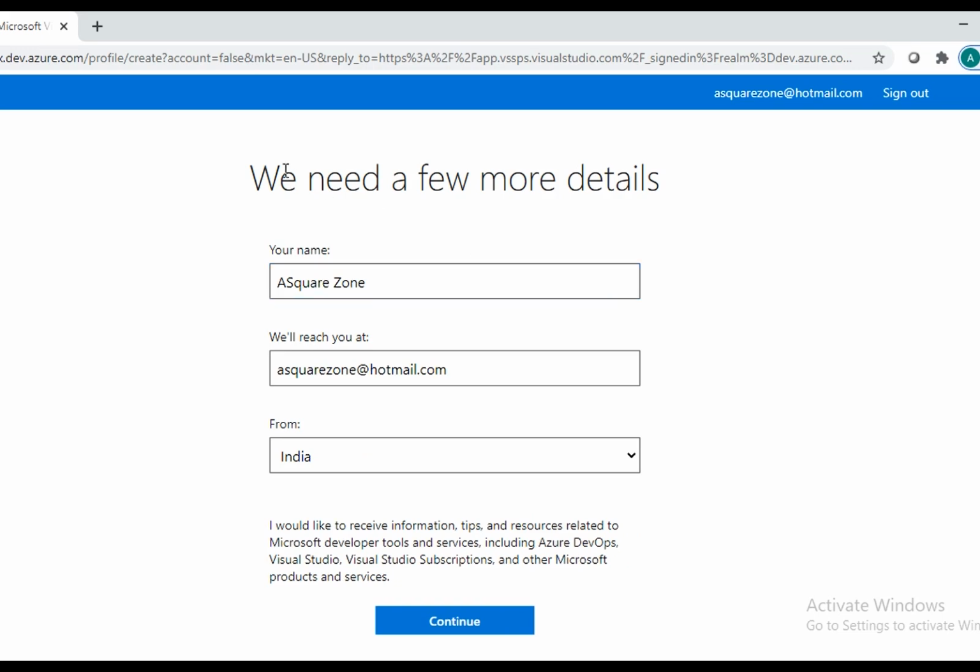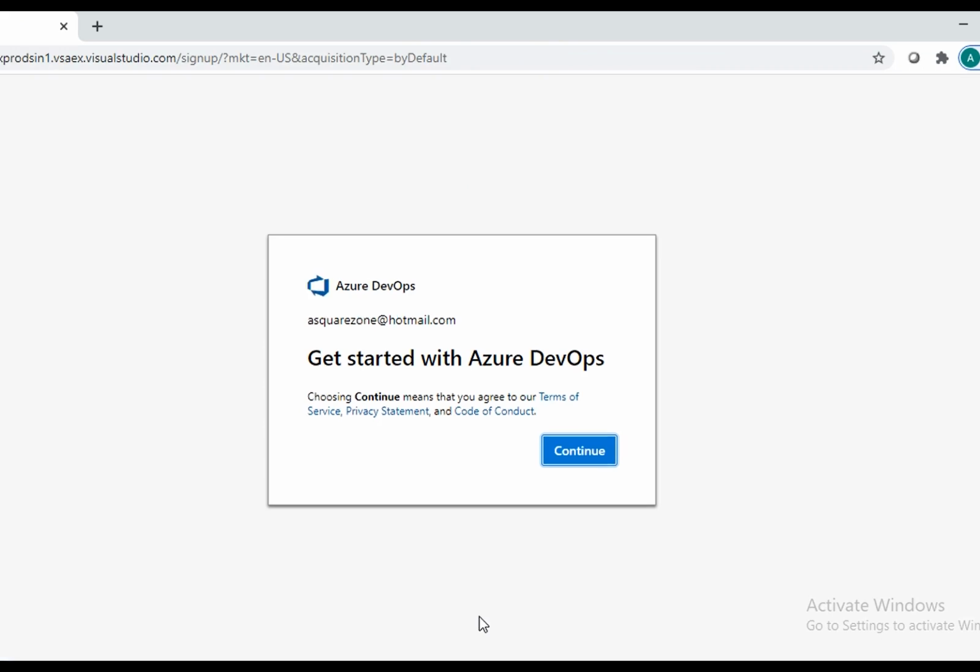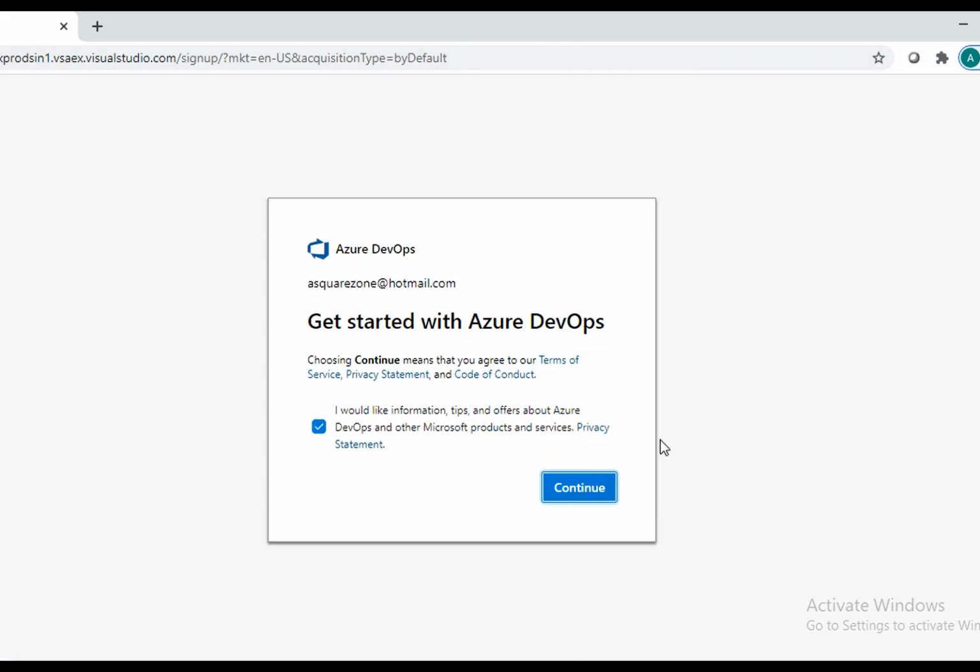It is giving the access to the Microsoft account. Here we need to fill in a few details. Later we can get into the Microsoft account. Here I gave my name and region India, and I'm going to click accept.